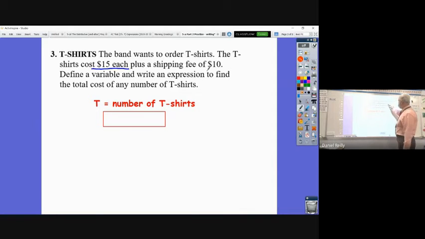Okay, so and this is more challenging. We haven't gone over one like this. This one gets added on. You have something? I did 15 plus 10 equals T. Yeah. So if T-shirts are $15 each,